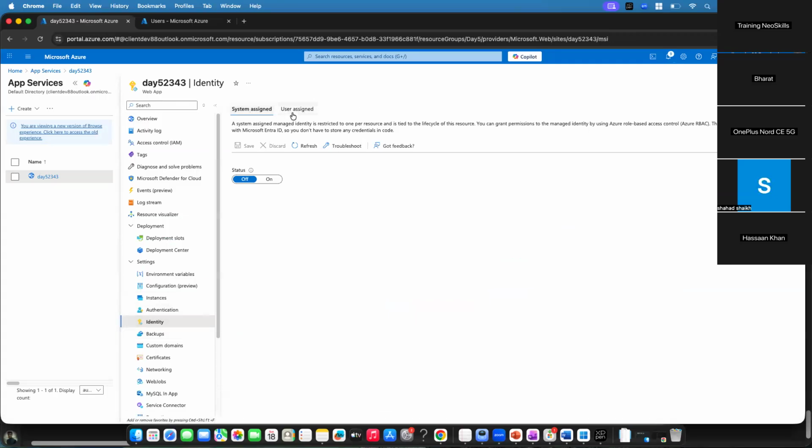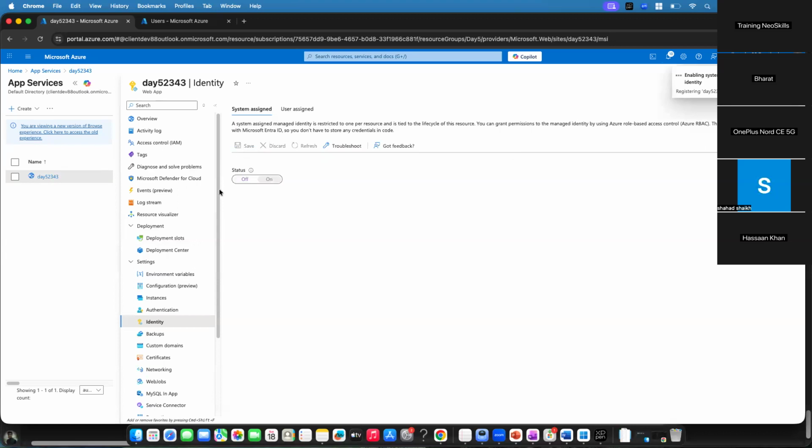So here we have two options. One is system assigned, which is inbuilt, but it is in an idle mode. So you need to enable it. Why are we not increasing unwanted usernames and passwords or unwanted identities in our Entra ID? Because whatever identities are present, to keep them secure and to manage them, everything is a part of Entra ID. So to reduce the burden on it, by default, it is off. If you want to give the permission, or if for some reason that web application wants permission from someone else, then and only then enable it